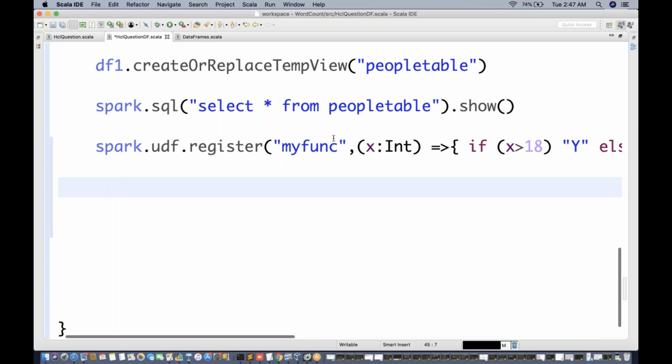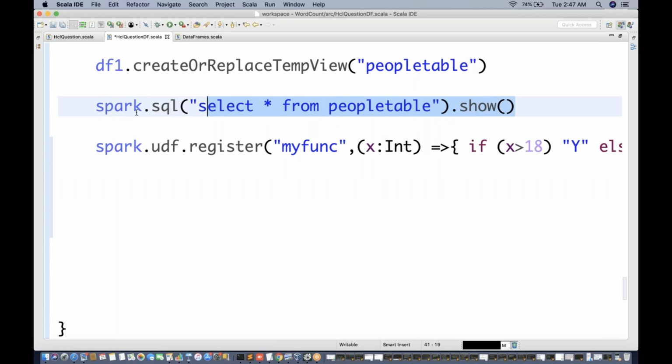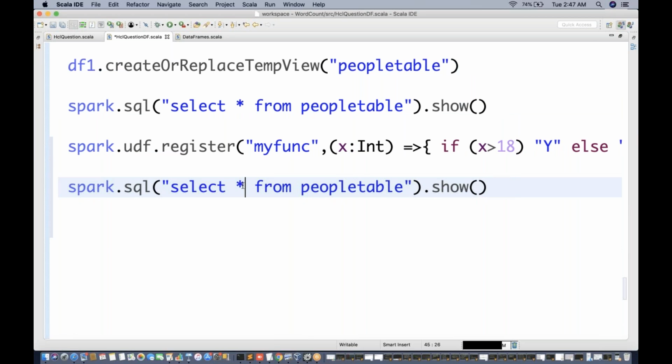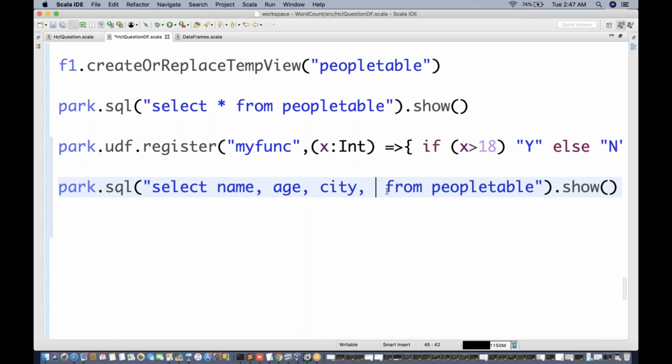Fine. Now let's try to use this user defined function in our code. So I will copy paste this Spark SQL line because I have written it already. What I want to say is select name, age, city, and now the fourth column.